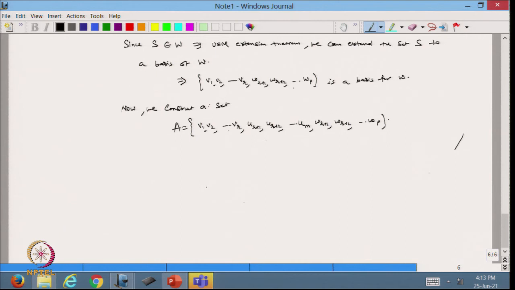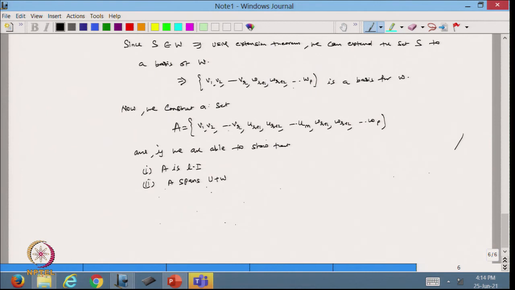So we construct the set containing all the vectors such that, if we are able to show that, first, A is linearly independent, and the second, A spans U plus W,